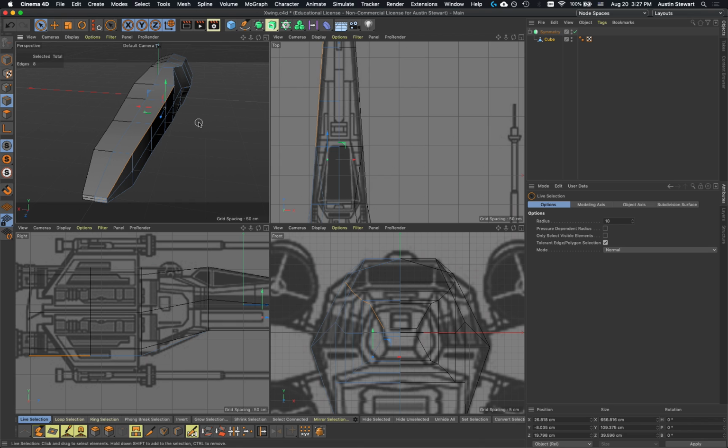But in this case, we've got enough space that this is really going to help us. So let's start by trying to pull these in this direction a little bit. All right, so we're going to narrow this down. I'm going to bring it in to about where I think